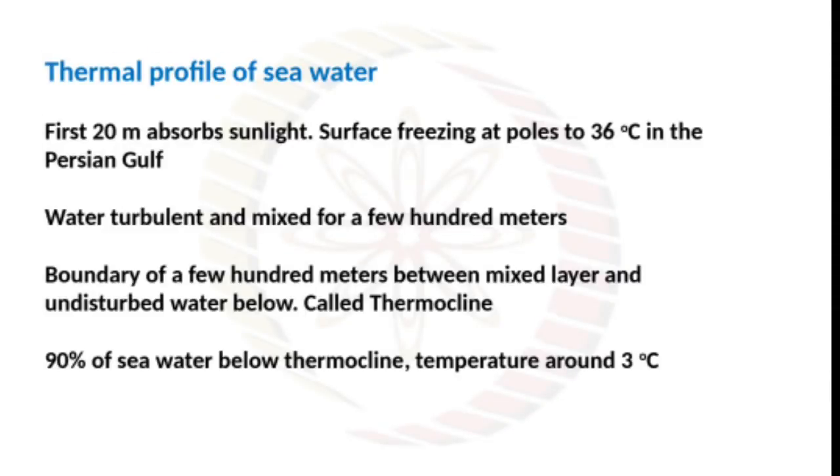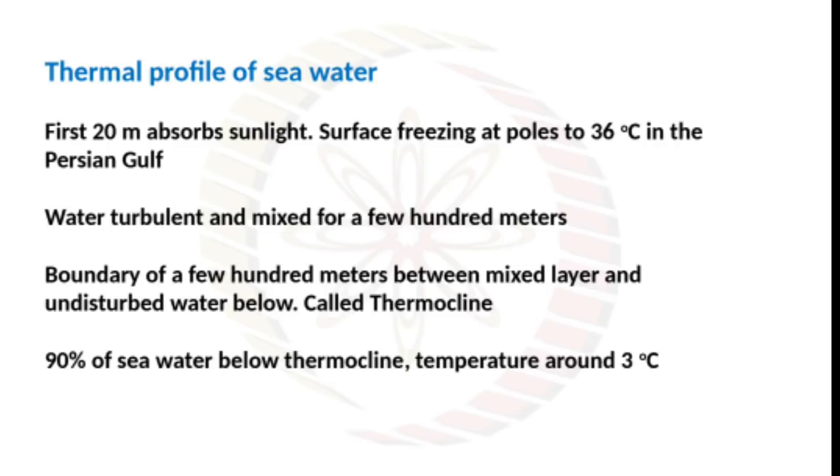What is the thermal profile of seawater? First 20 meters absorbs sunlight. Surface temperature ranges from freezing at poles to 36 degrees Celsius in the Persian Gulf. Water is turbulent and mixed for a few hundred meters. The boundary of a few hundred meters between the mixed layer and undisturbed water below is called the thermocline. It is a layer between water. Now 90% of the seawater is below the thermocline, and the temperature of the water below the thermocline is around 3 degrees Celsius,